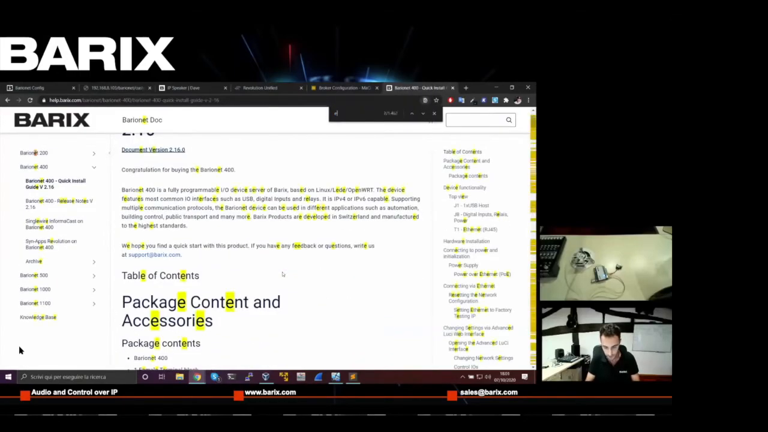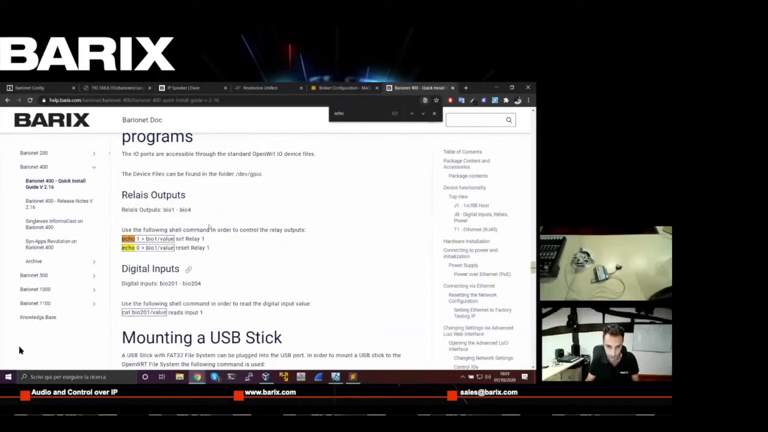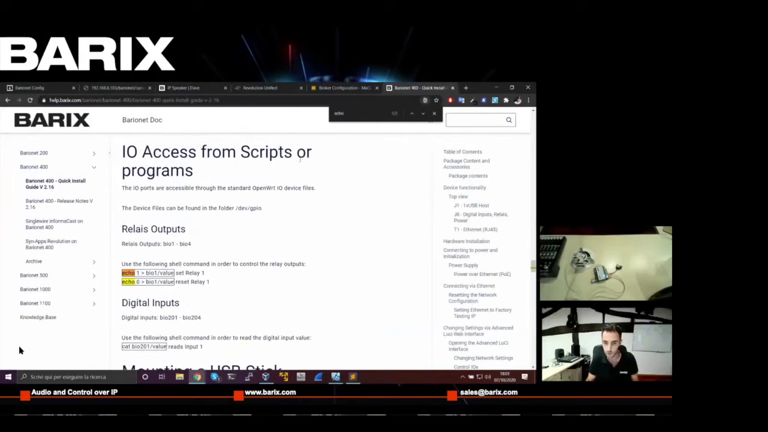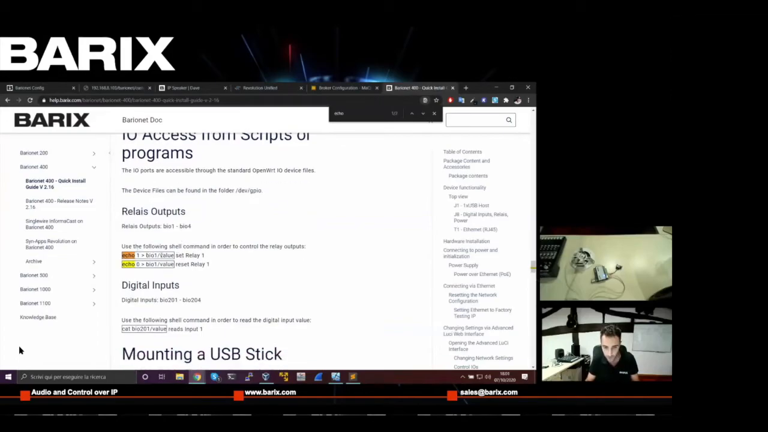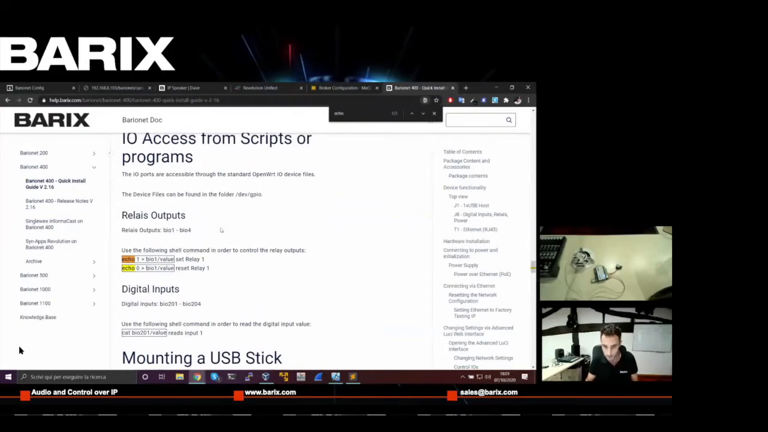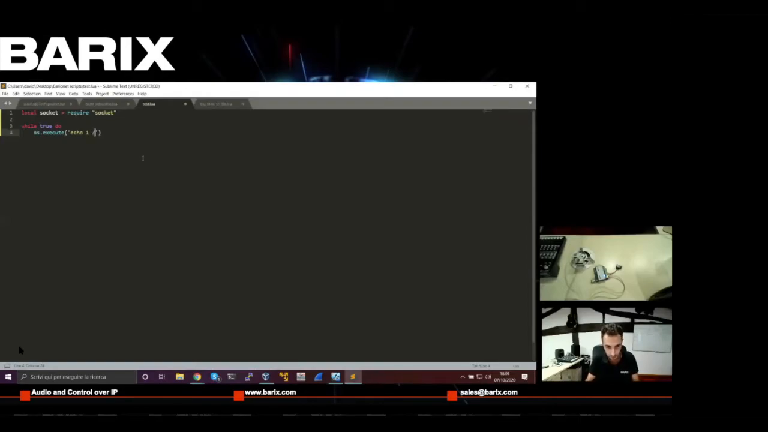Now let me find directly echo. Okay, here we have IO access from scripts or programs. So the device files can be found in the folder dev gpio is the main folder, and then we have the relay files under bio1 value, or bio2, bio3, bio4. These are the 4 relays. So let me just write this path in here. So root dev gpio, again back here, bio1 value, that's the file,